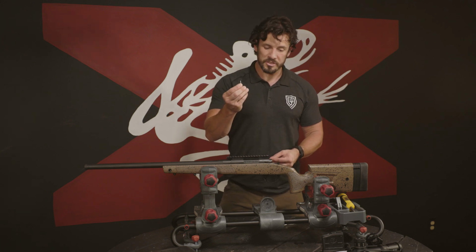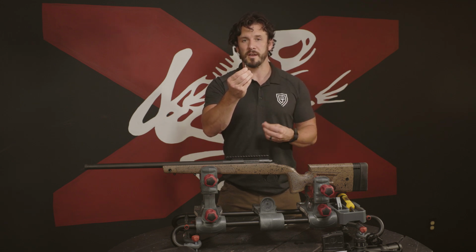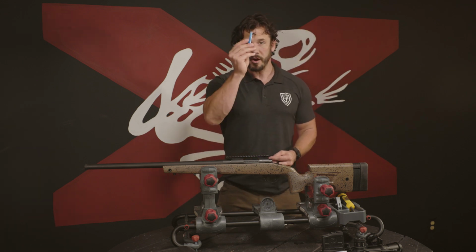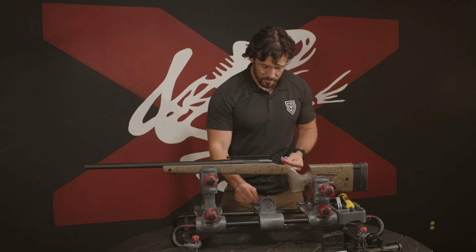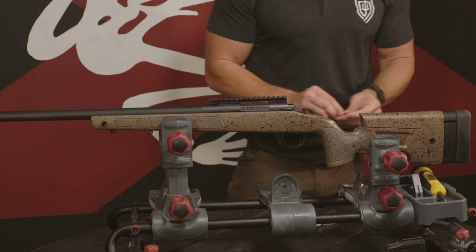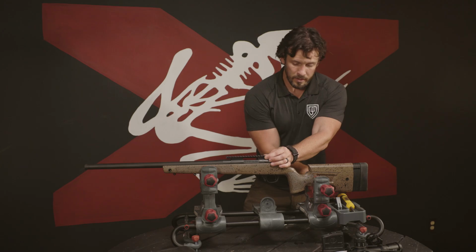Now, these screws right here, some of these screws come pre-coated with Loctite, either blue Loctite or like a white sort of Loctite. I don't know if that's the actual brand. These, however, did not. So I always have a little bit of Loctite with me. I'll put some right here on just the edge of my gun stand. You can do it however you like, doesn't really matter. And then I'll just roll that screw. I'm gonna put the rail in place. I'm gonna take my